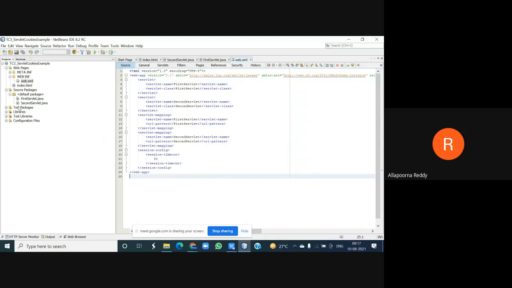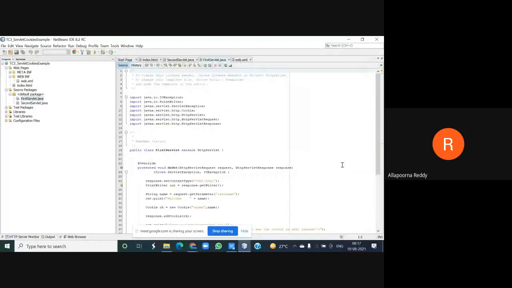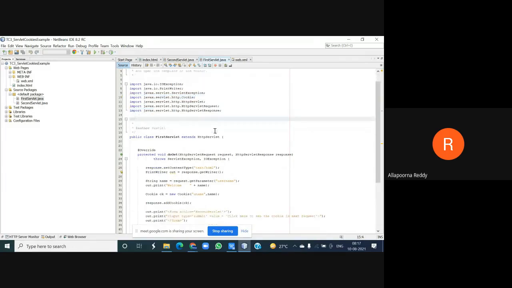Now coming to my Java, that is the dot class file, FirstServlet.java. Just have a look here. I need to import these things first. Why? Because I'm using my cookie. So I need to import javax.servlet.http.Cookie. So what is Cookie here? Cookie is my class, I told you already, right? These are all used at your server side. That's why you're giving javax. If you're having Java, here we can handle it client side.